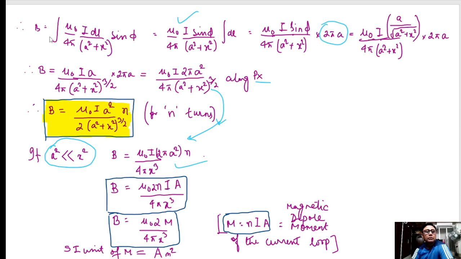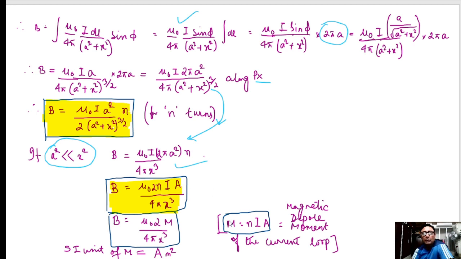Yeah. So please watch here. If I take n turns, then n is multiplied, and this is the formula. And also if a is neglected, a square is neglected, then we can take this. Okay, now